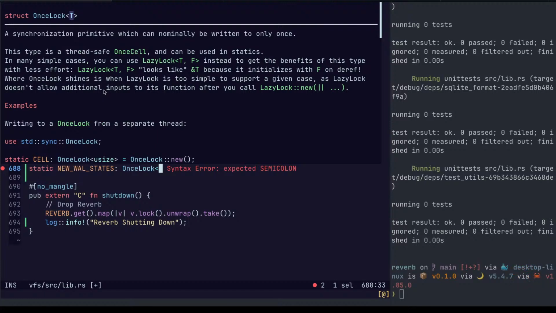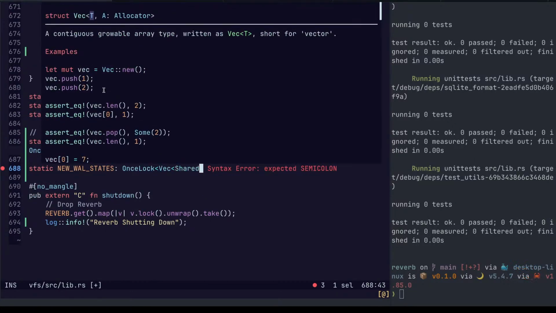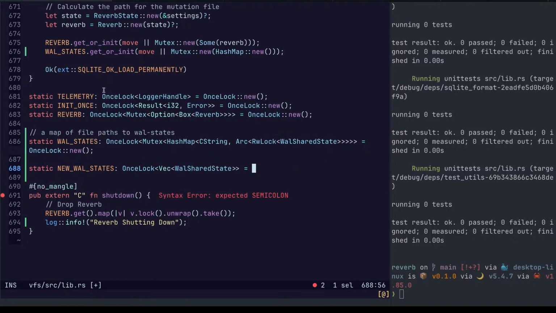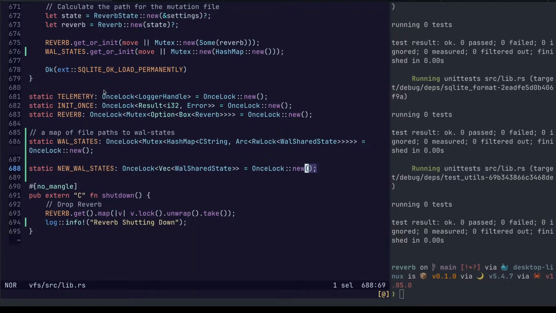Synchronization happens to all of our mutations in SQLite, so we don't have to worry about that. But so once lock to a vector of shared wall state or wall shared state.